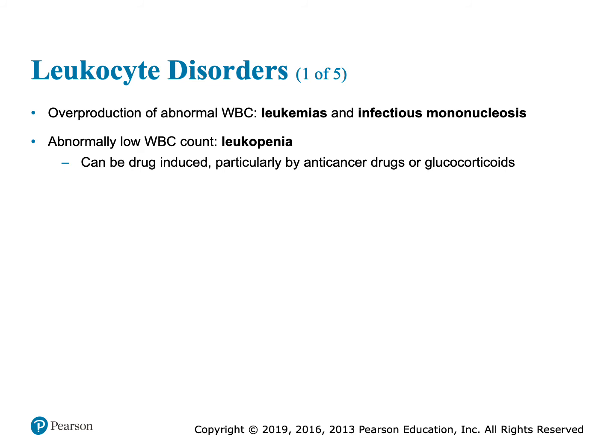If you get too low of a white blood cell count, that's a leukopenia. So remember, a high white cell count with a normal differential, so still pretty much a normal amount of neutrophils and a normal amount of eosinophils, is overall general. That's a leukocytosis. But when one of the lines starts to overproduce, that's a leukemia. Lymphocytic leukemia, monocytic leukemia. That line is going to crowd out the other lines and they're not going to be